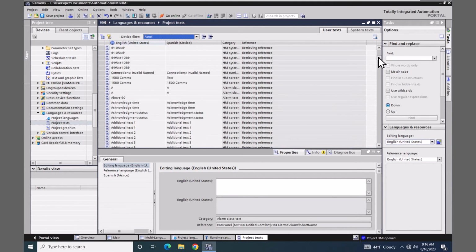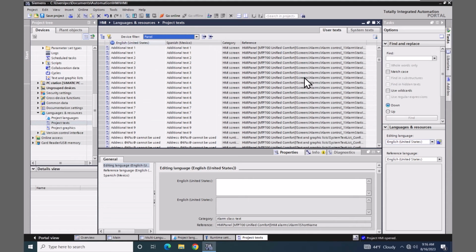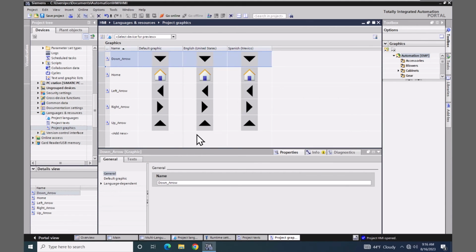So this would only be the text for the HMI. So then you would have an English column and a Spanish column where you can enter in your text translations. There's also a project graphics area, and you can have multilingual graphics. So if you want to have an English flag for the English language, and then you could have a Spanish flag for the Spanish language. I'm going to save my project,